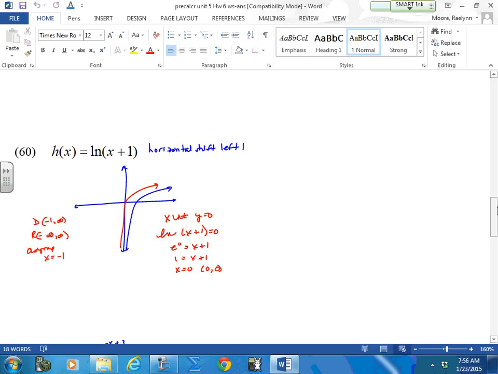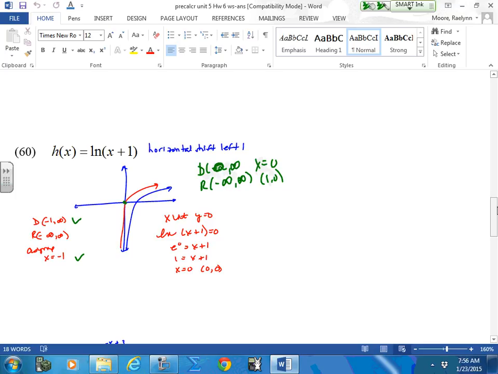You've got your basic one. Again, start with your domain. Start your range, your asymptote, and your intercept. Okay. When you take a horizontal shift, it's the opposite direction, so everything has to shift 1 over. So your domain shifts 1 over, and your asymptote shifts 1 over, and your point where you cross the x-axis